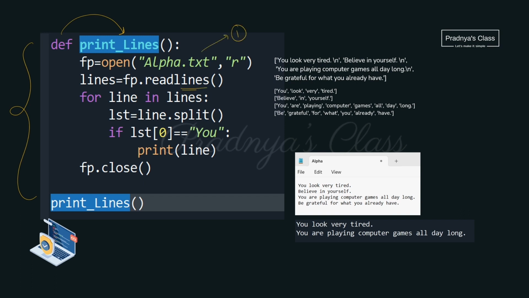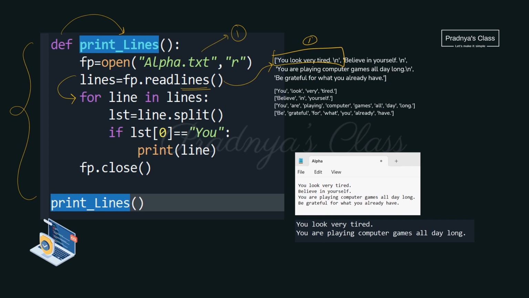Here we use the readlines function with the help of which we are reading all the lines. You will be getting this type of output. You know the readlines function gives the result in the form of a list. The next task will be iterating over the elements of the list. Here is the first element of the list. We will be iterating over it one by one.